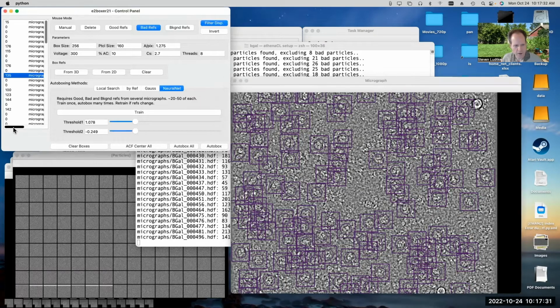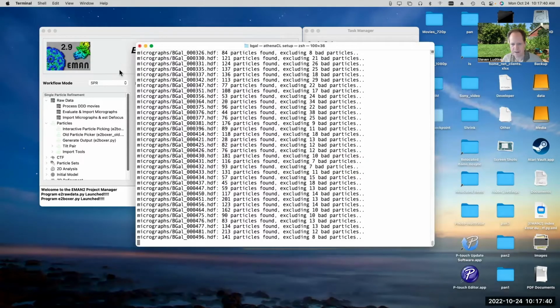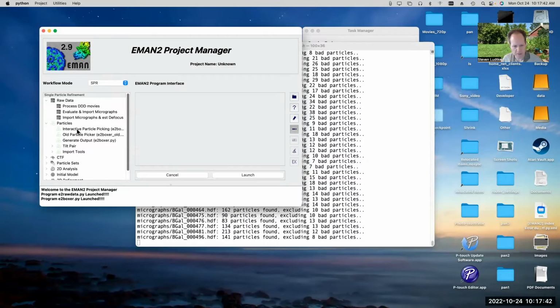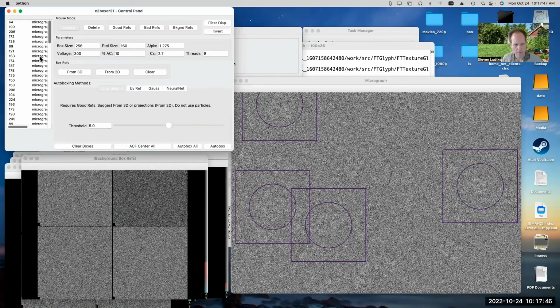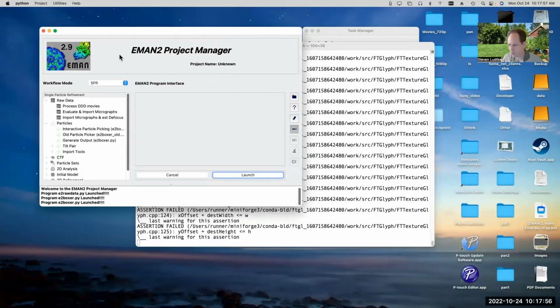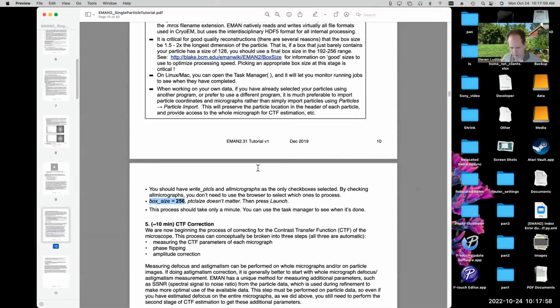So if we look over at the left here, we should now be able to... Oh, all right. It didn't update the display. Not sure why. Let me just launch it again. Okay, now you can actually see how many particles it found in each image. And that's basically it. So now we have gotten to the point in the tutorial where